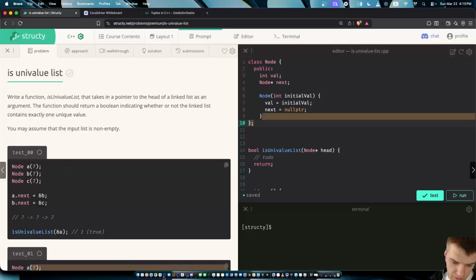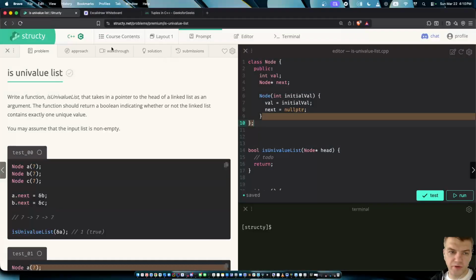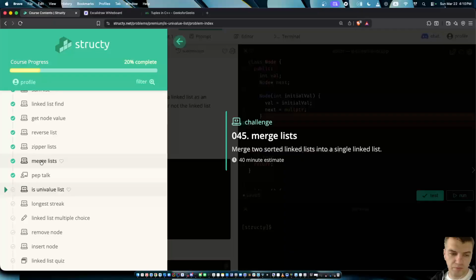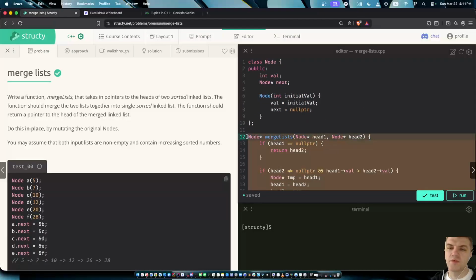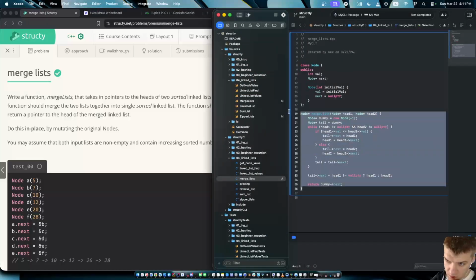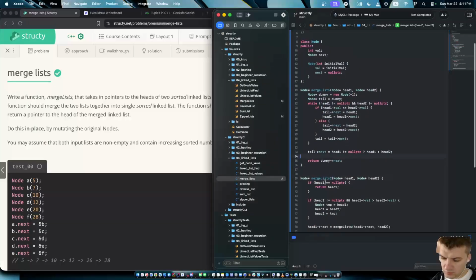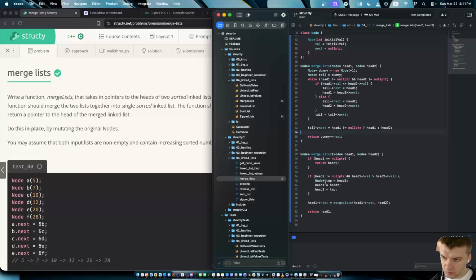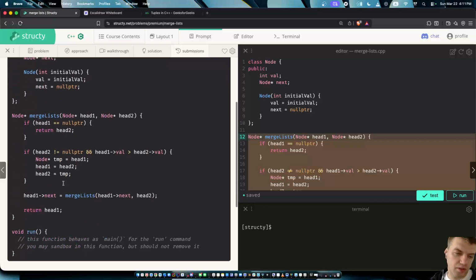Uni-value list. Let's call it uni-value list. Call it copy previous task. Merge lists. What was here? Merge lists. And then I've had the previous one. That's basically